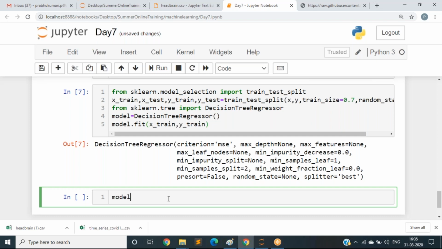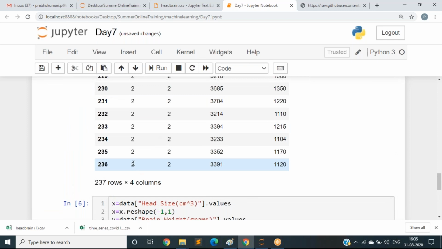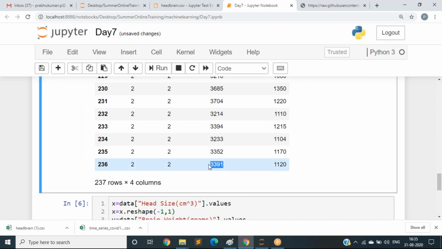Now let us predict the values here. Let us first predict one value, and after that we will predict all the test values. Let us take this value. We have taken only one feature called head size. I am taking the head size as 3391.